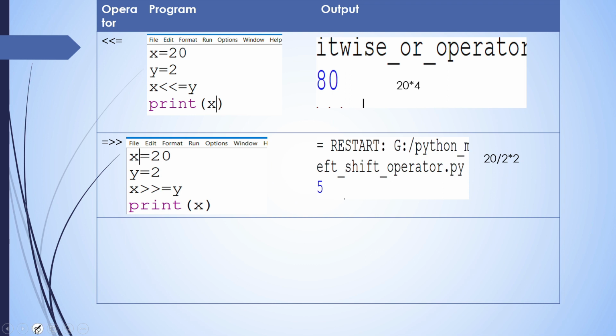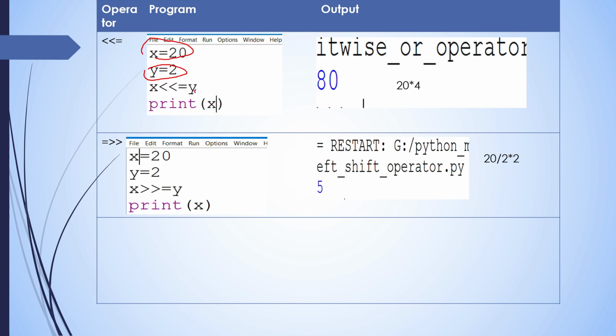So here we are going to see the left shift assignment operator. In left shift, x is a variable which stores the value 20 and y is another variable which stores the value 2.